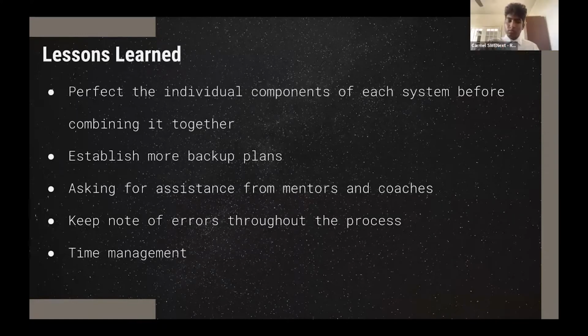And the fourth bullet point is keeping notes of the errors throughout the whole process. So we kept notes through Google Docs and on paper on what specific errors occurred in the code, what specific errors occurred in our communication, and what we were doing wrong with the hardware. By keeping notes with all of these, we were able to talk to the mentors, and we were also able to look at what we got wrong through the errors so that we could solve the key problem within the errors that were being shown. And this is a key lesson that we learned because it made us more efficient